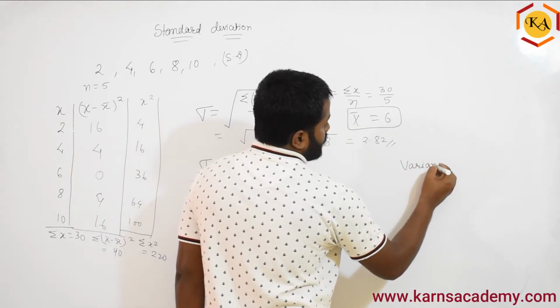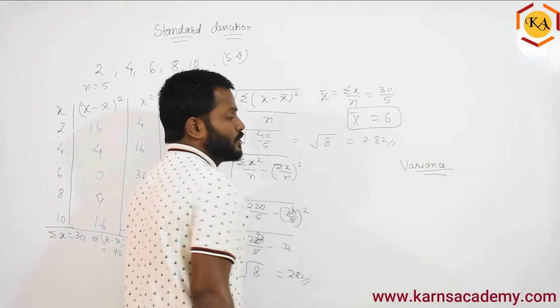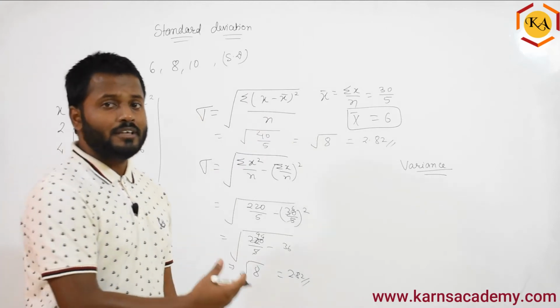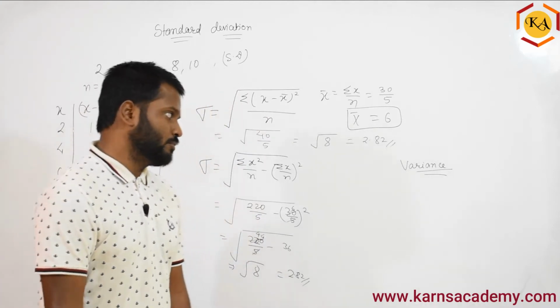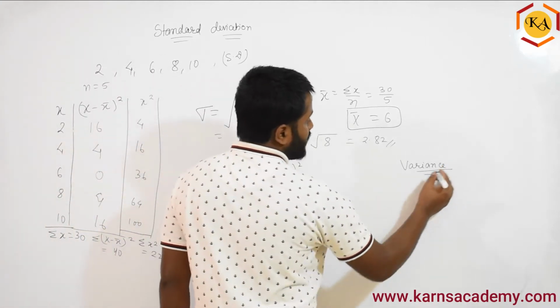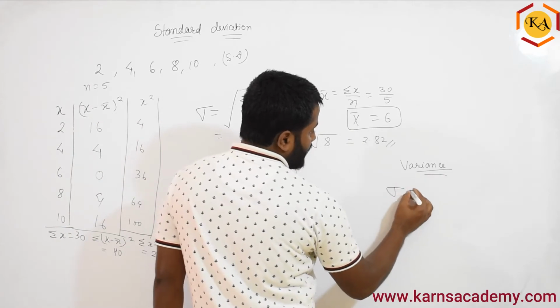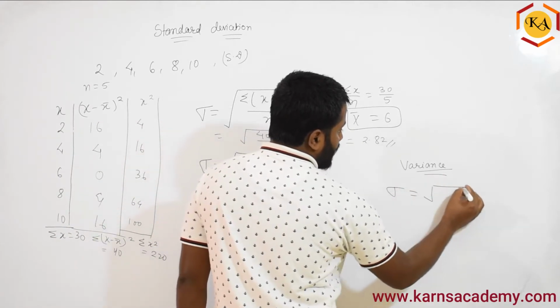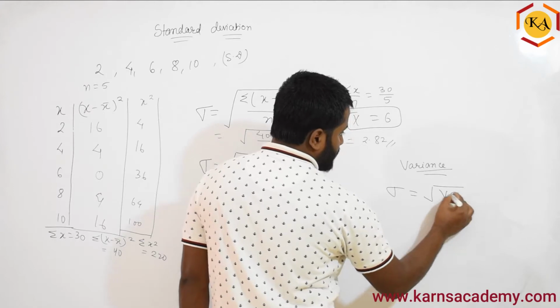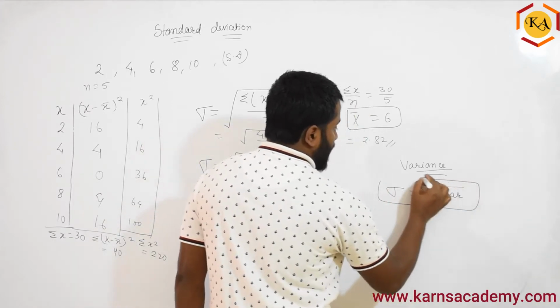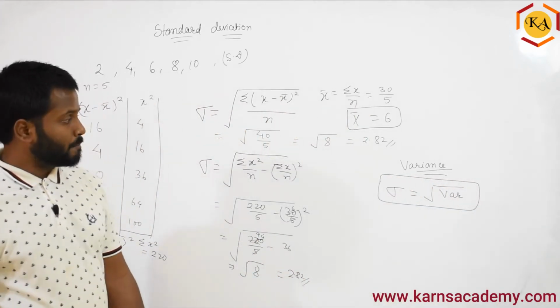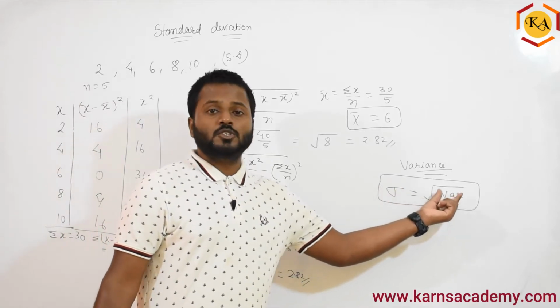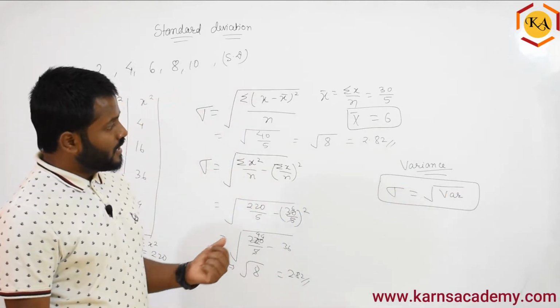Variance, they also very often ask you, what is the variance? Now I have not given the formula for it, so let me just give you the formula. Variance is very simple. Standard deviation is nothing but square root of variance. So this is the relation between standard deviation and variance. You always have to remember standard deviation is nothing but square root of variance, which means if they have asked